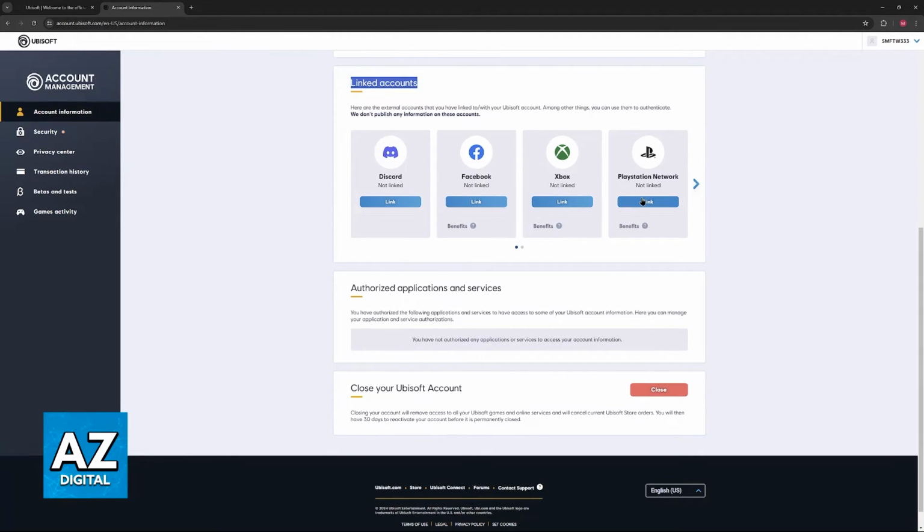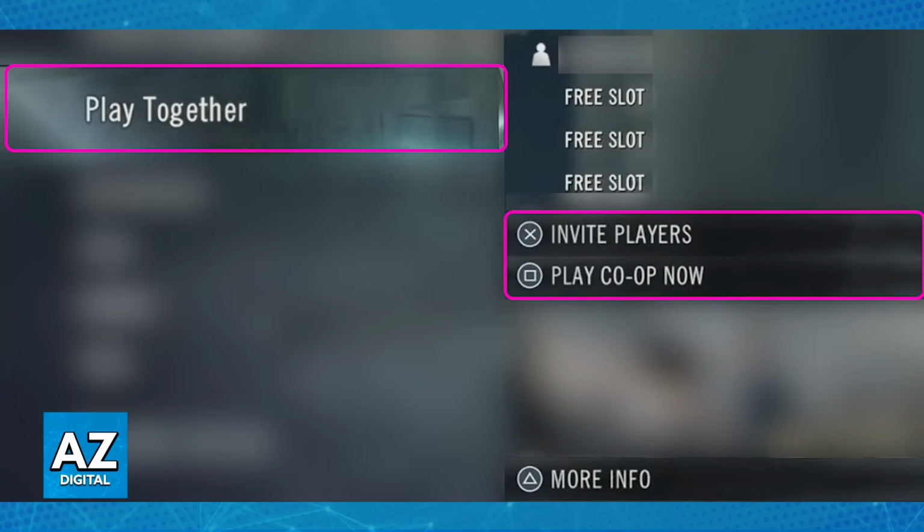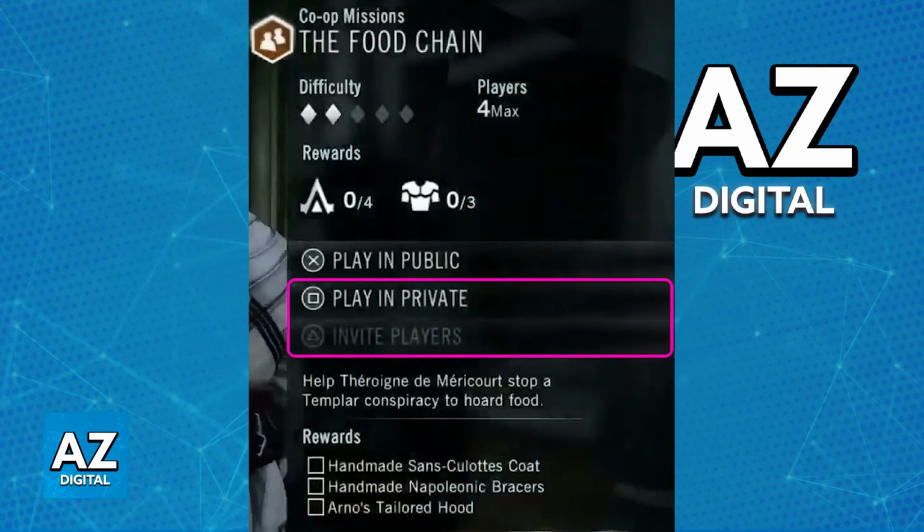So click unlink. As you can see, for me, it says link because I haven't actually established the connection, but all you have to do is select unlink. Once this is done, you can go back inside of the game, and in there you will be able to connect into online. You can invite players when you pause the game and you choose the option to go into online, or you can go over to any mission and be matched up against random people.